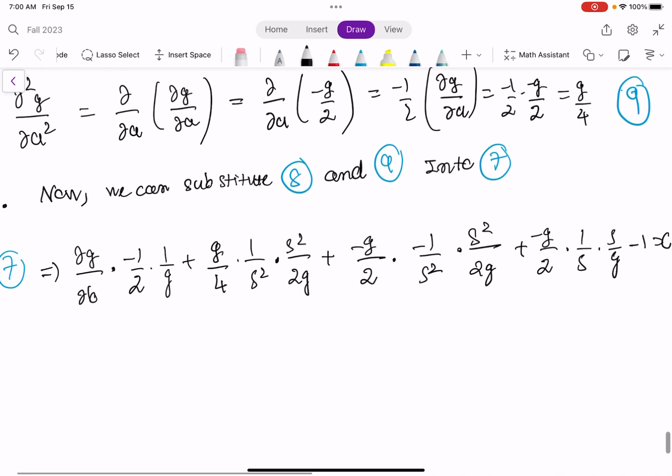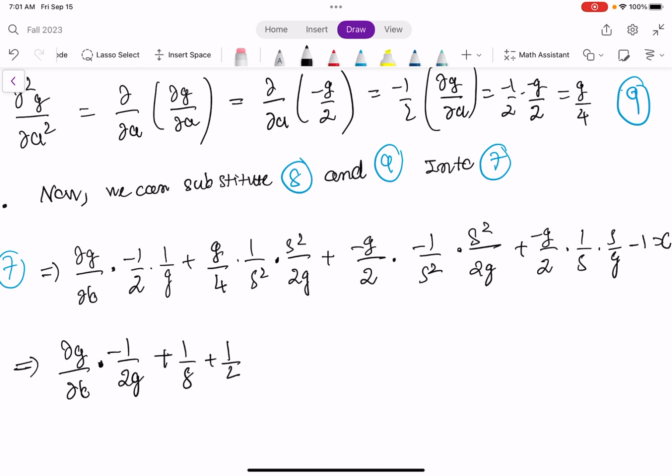Okay, so let's go ahead and simplify this expression. So we get partial g with respect to b times negative 1 over 2g, plus 1 over 8 plus 1 over 4 minus 1 over 2 minus 1 equal 0. Okay, so you get